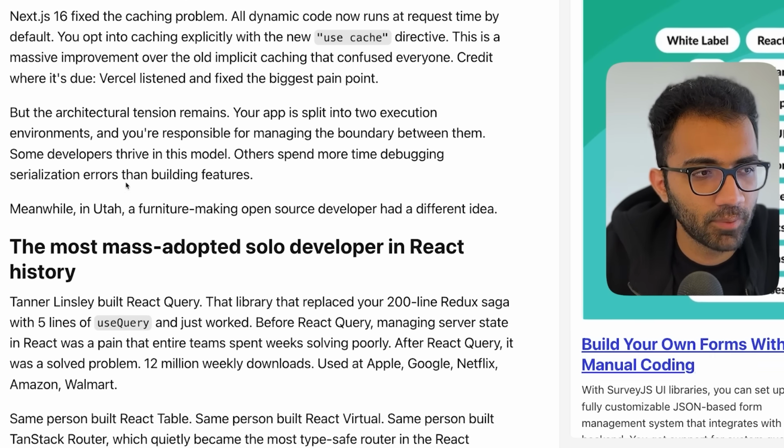So TanStack Start actually ships with a lot of SEO things that you would need, which is, for example, full SSR if you want, getServerSideProps, right? And you can define these metadata tags as a first class thing inside TanStack. So meta tags, Open Graph, Twitter cards, JSON-LD structure, which is the structured data. So you can do all of that, right? They also have static pre-rendering and automatic sitemap generation over here, which is interesting, which is great.